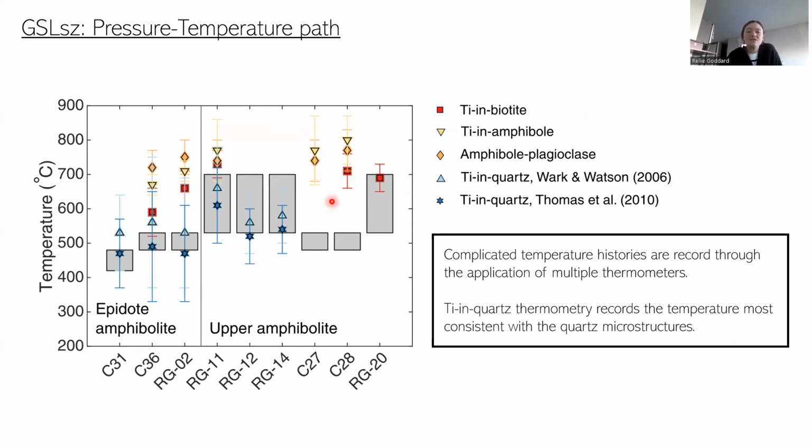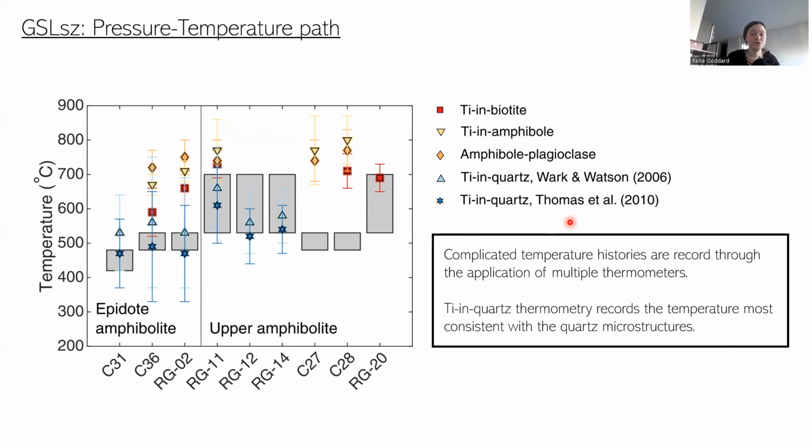And what you'll see is that when you're looking at TI in amphibole or amphibole-plagioclase, we're actually getting temperatures that are way higher than what would be predicted from our microstructures and what we see in the quartz. And actually the only geothermometer that's accurately measuring the temperature is this TI in quartz one by Thomas et al., which takes pressure into account, which is really important because at least from my experience of looking